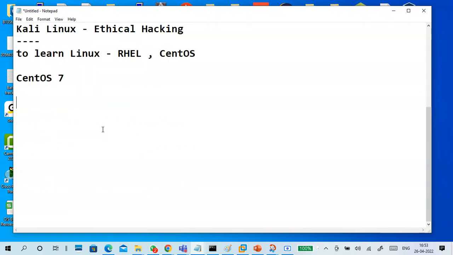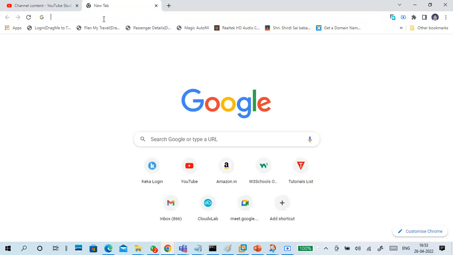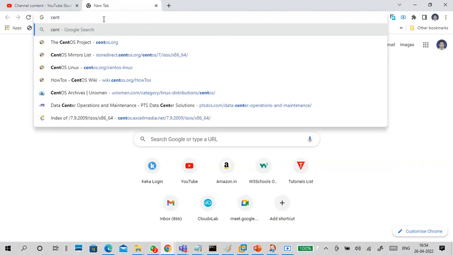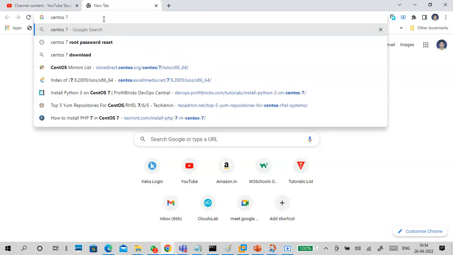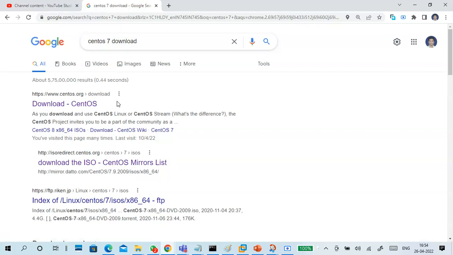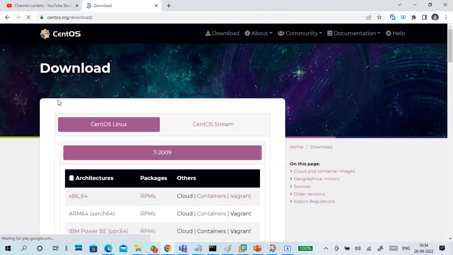So how to download CentOS 7? Very simple. It is similar to Red Hat 7. Go to CentOS 7 download. Links are directly visible, but to search in Google, you can see centos.org download. Just go to this download CentOS page; you can open it in a separate window or the same window.